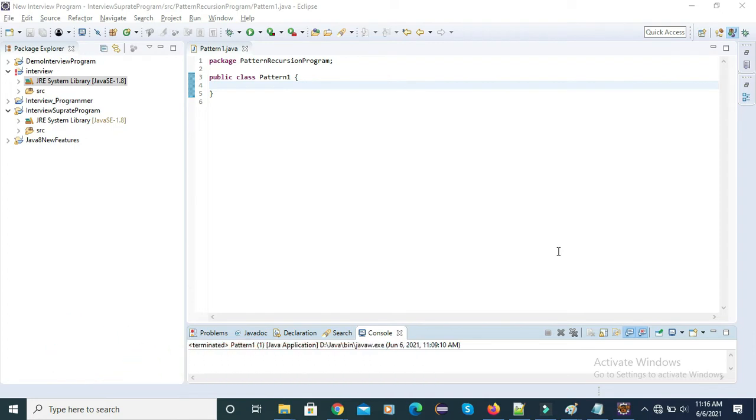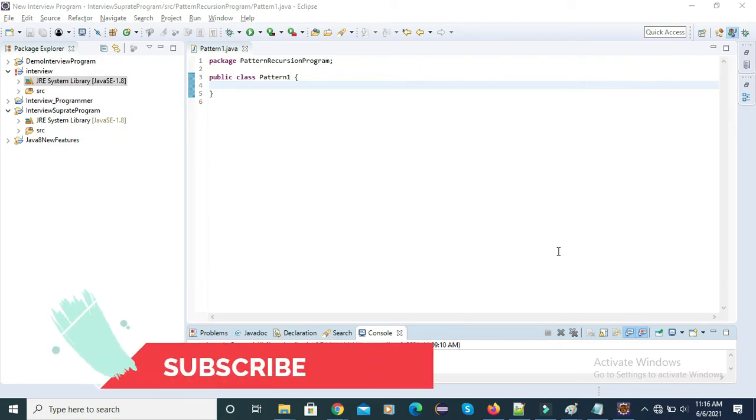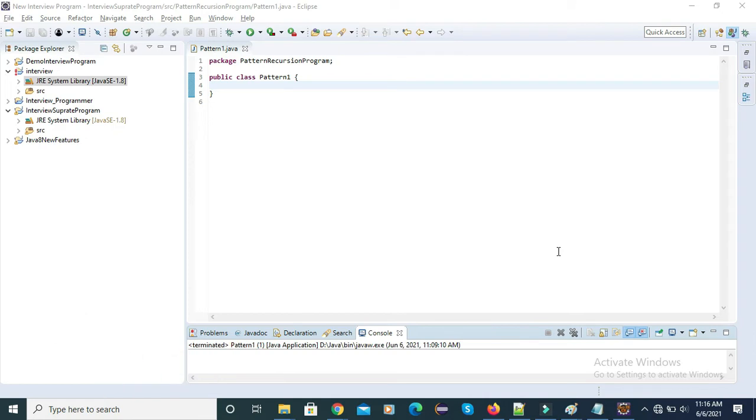Most interviewers ask, can we do this program without using any loop? And at that time we might think it's not possible without using any loop. So I am asking you, is it possible to draw any pattern program without using any loop? You might be thinking it's not possible, because in every pattern program we use at least two for loops. Minimum we use two for loops, and maximum we use n number of for loops.